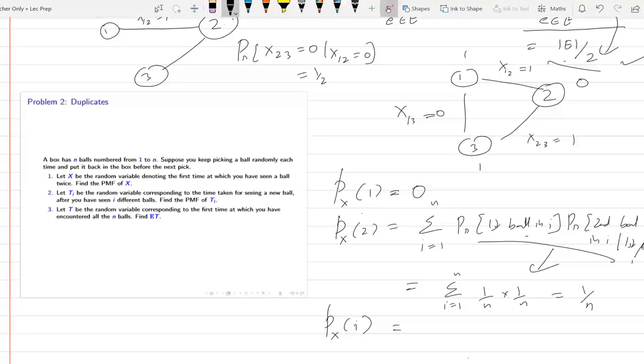Otherwise, we can just choose the I minus 1 balls out of n balls, and the first ball had n possibilities. The second ball, we have the total number of ways we can arrange it. Like in the first place we can put n balls. In the second place we have n minus 1 options. Third place we have n minus 2 options. So let me give you a simple argument.